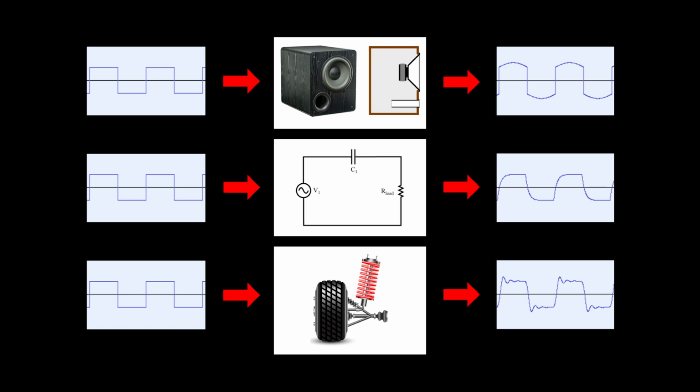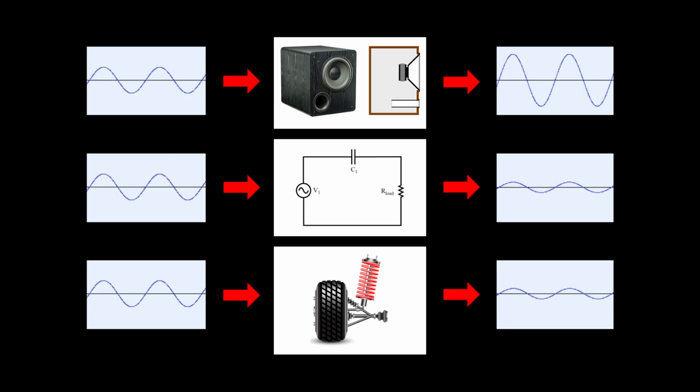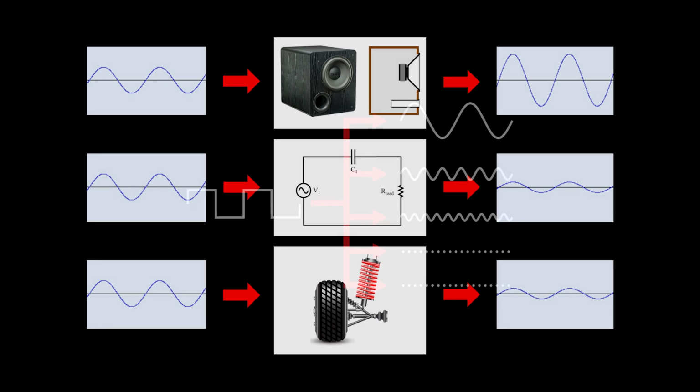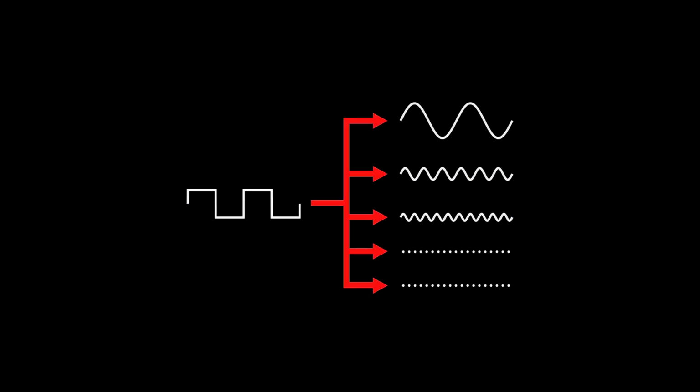When we put a waveform into any acoustic, electrical, or mechanical system that behaves like a filter, this system will change the shape of the wave, except for the sine wave. Its amplitude can change, but it always keeps its sinusoidal shape. This is why the sine wave is also known as a pure tone. This allows us to use the sine wave to accurately study how these systems react to different frequencies. The sine waves we obtain through spectral analysis of a wave are called its frequency components, although in common conversation they are simply referred to as frequencies.